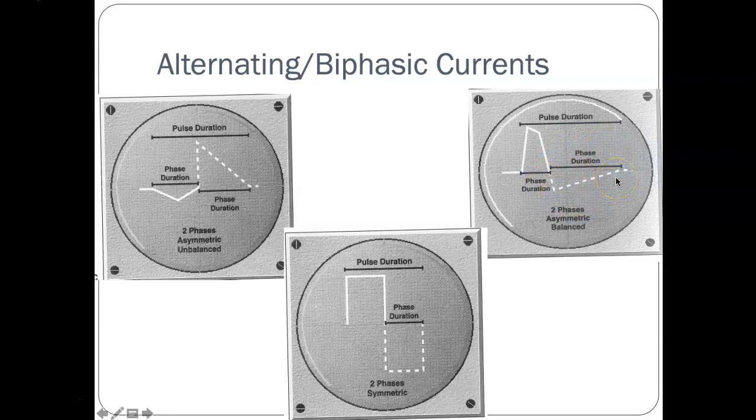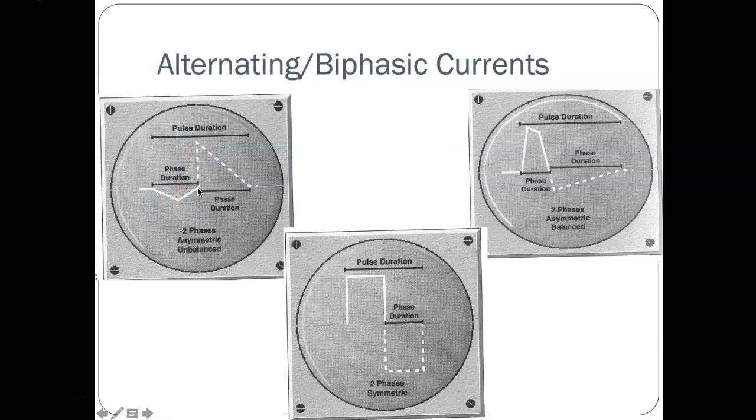So we can see how when we're dealing with alternating currents, the phase duration and the pulse duration are not the same. So I'm going to ask this question, and I'm sure I'll ask it later too. Which of these, pulse duration or phase duration, would we manipulate if we want to cause depolarization of the motor unit? Which one do you think? If you said phase duration, you would be correct in this case, in the alternating current, biphasic current, right? If we want to trigger, listen to me, the motor unit, we need to adjust it and make it about 200, 250 microseconds, right? What we need to adjust is the phase duration, not the pulse duration in an alternating current or biphasic current, okay? Pulse duration represents the amount of time the wave takes to complete its entire cycle, but it's the phase duration that we alter if we are trying to